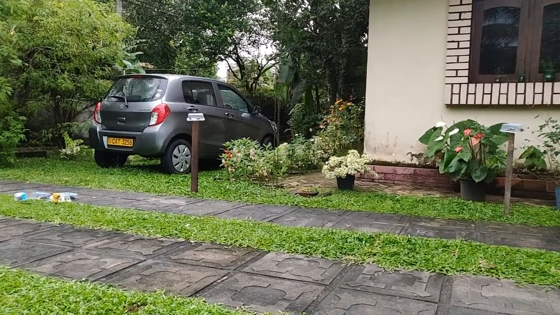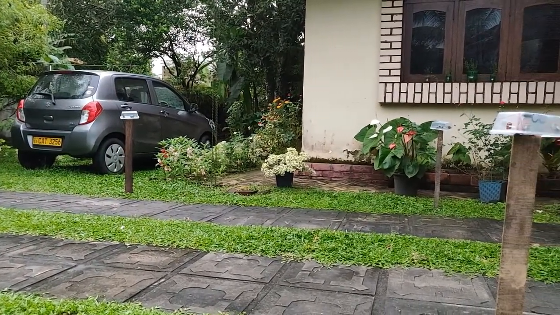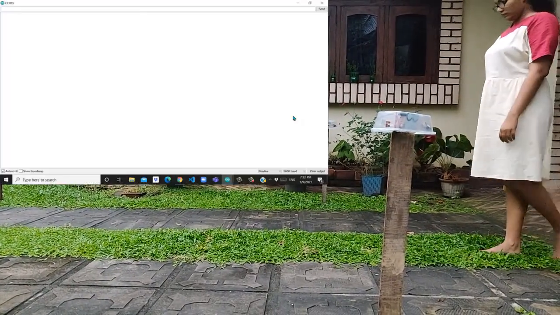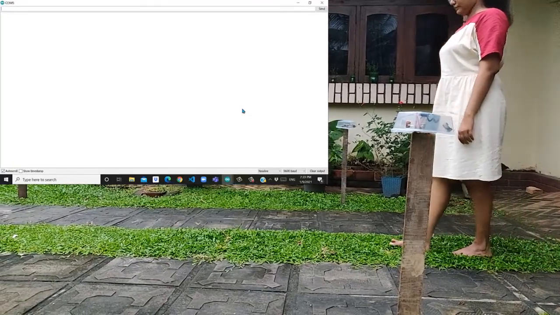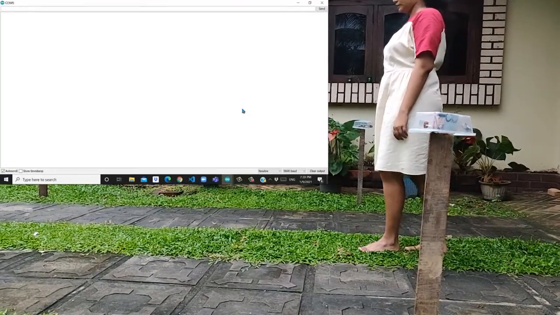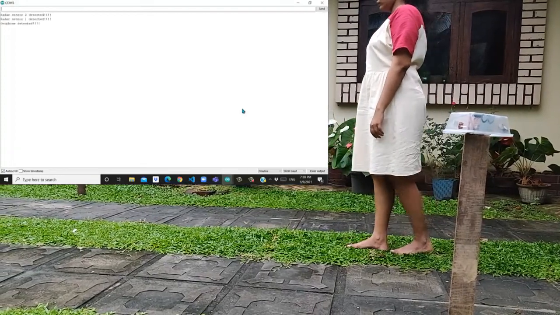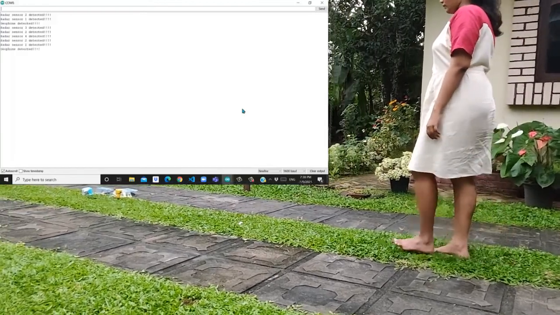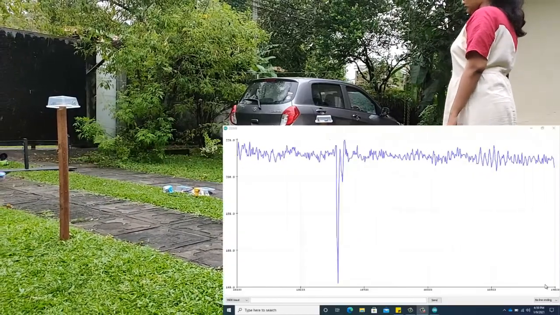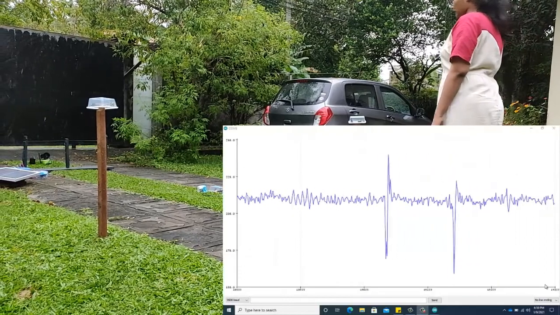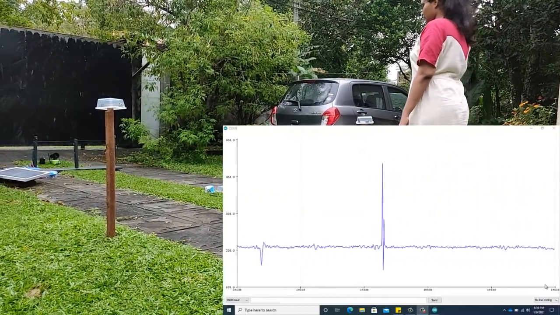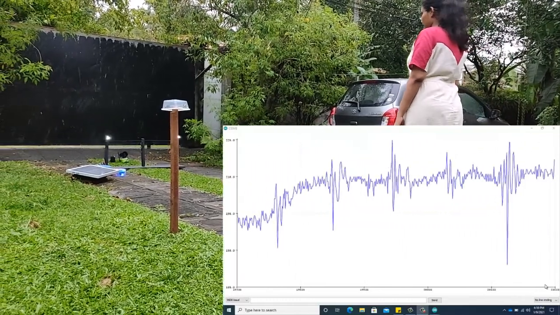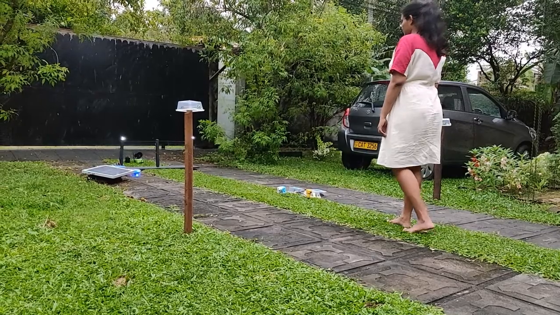In this case we don't have an elephant, so we use a human being to test our system. Okay, let's start. Now the user is coming and crossing the first two radar sensors. Now he comes in between, inside the WSN network. Now you can see all four sensors are here. Now the geophone is also getting readings. Now the user is closing in on the edge of the network. Now the alarm system should work. You can see the alarm system and the flashlight are working in this system.